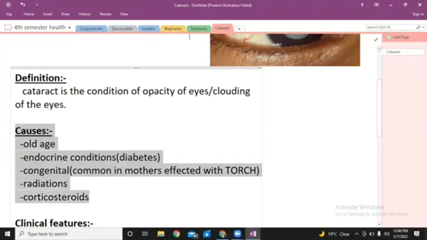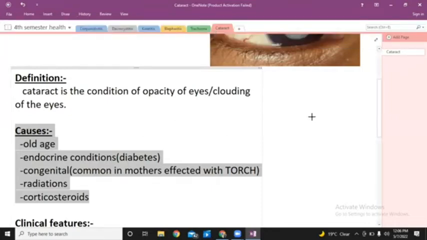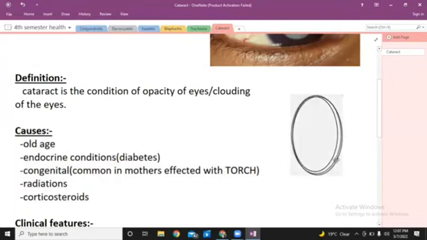The thing which I have to explain is the pathophysiology of the disease. Let me draw you a good diagram. How does this disease occur? So this is something that is very transparent in color. What we need to understand is that this lens is